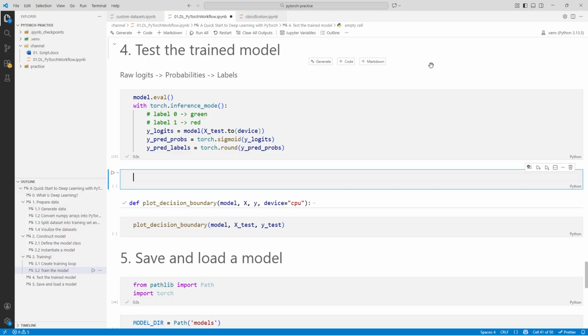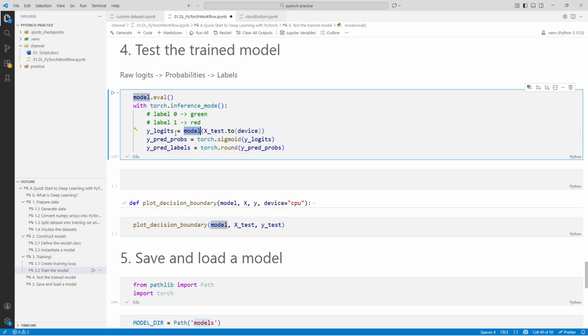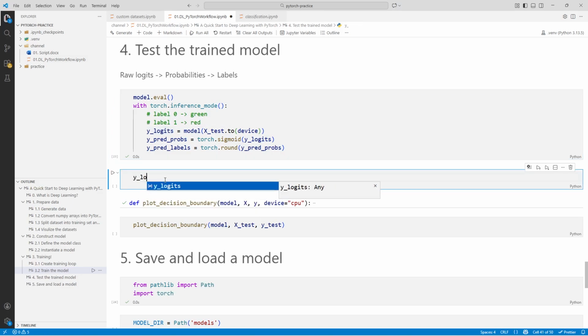Finally, we train our model, and now we can use our model to make some predictions to check whether it's a good model. But before that, there's one thing I want to let you know, which is that actually the prediction of our model is not what we expect. We can just check it.